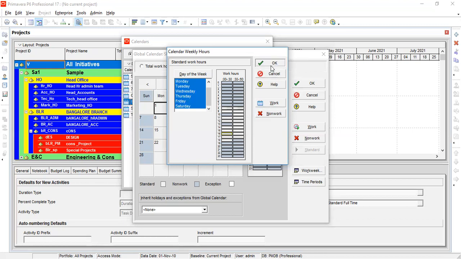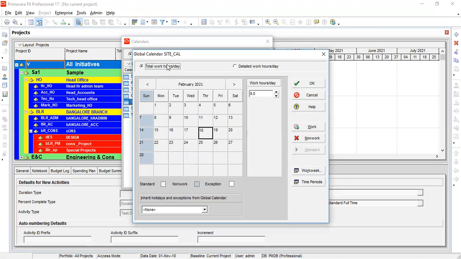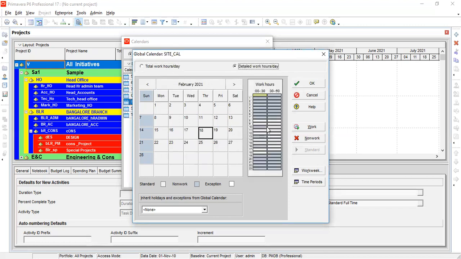Then click OK. Now, if you click, you can see the detailed hour or working hours. You can see 9 hours. Within this 9 hours, that 1.5 hours is included as the break hour. But in total work hours, it will show only actual work hours, 9 hours. In between you can see 10 to 10:30, 1 to 1:30, and then 4 to 4:30. You have to add that as a working hour. So it is 9 plus 1.5 hours,